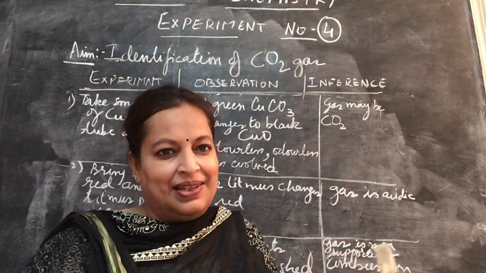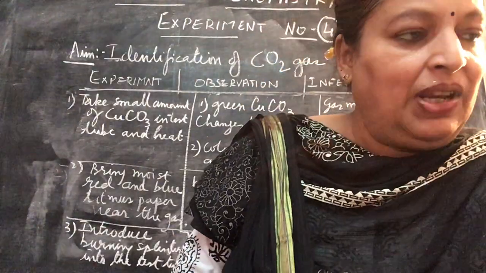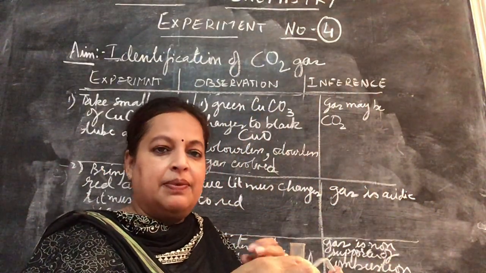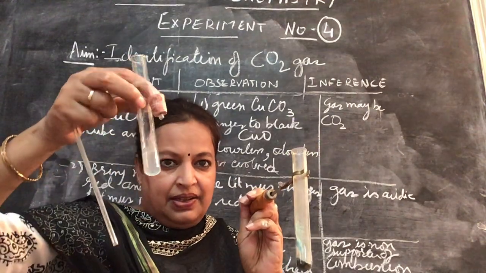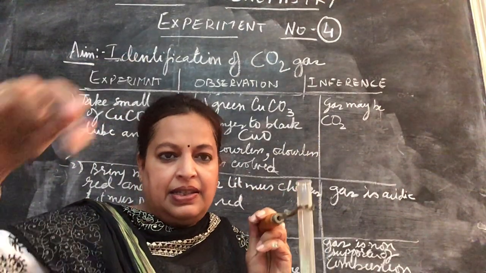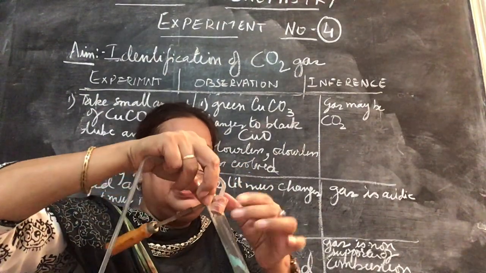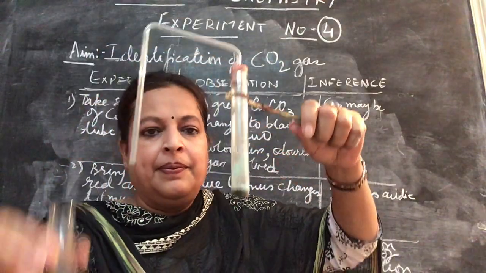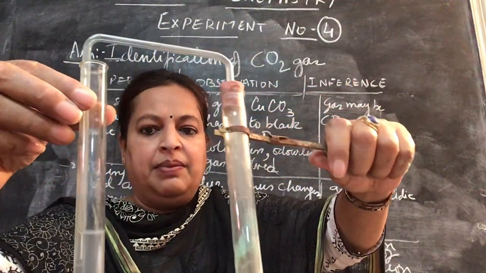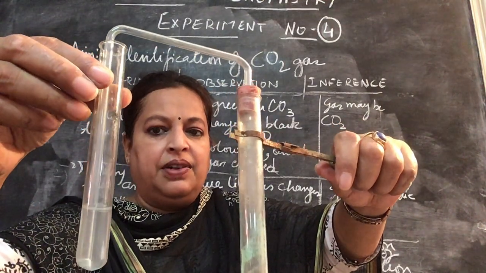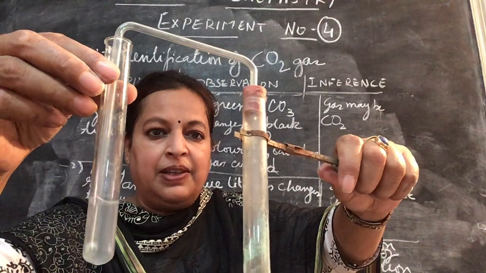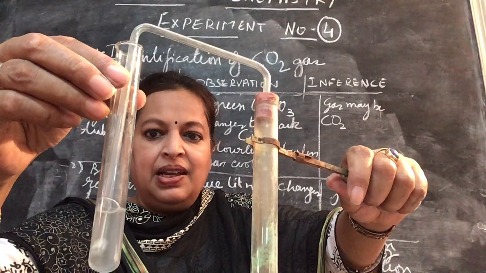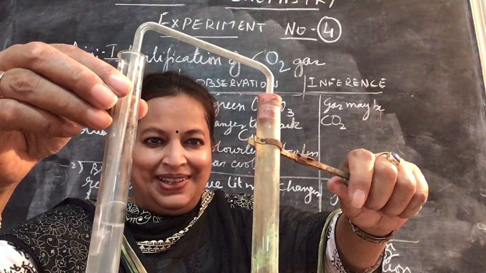Now what is the last test? That is a confirmatory test. There are a lot of tests to be done for carbon dioxide. This is lime water which I have taken, and this is the delivery tube which we put in the test tube and pass the gas through. I'm heating it and the gas would pass. You should see what was the color change. Now see, you can see the bubbles. Initial bubbles would be of the air which is there, but finally carbon dioxide would also pass. And what do you think would be the change in color? You have done it many times, right?